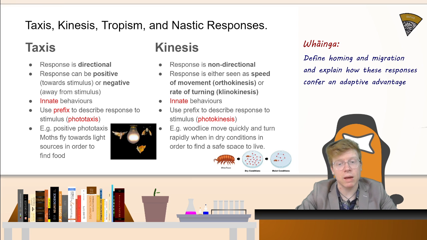So the key thing we're thinking about with these taxes and kineses is how this relates to evolutionary outcomes and organisms being able to pass on their genes. How does this provide an adaptive advantage? I'm going to go through tropisms and nastic responses as well. Tropisms and nastic responses relate primarily to plants. Tropisms are a directional